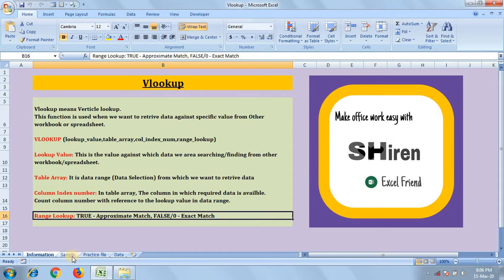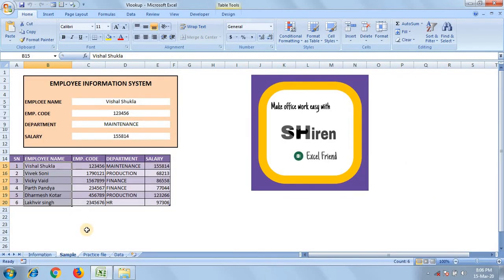So let me show you the sample, and we will go step by step to understand VLOOKUP. Here I have prepared one sample for understanding. The data is available and you can see the VLOOKUP formula in the formula bar. How do we get the data when we have lots of data available and only need to retrieve some of it from the main data?